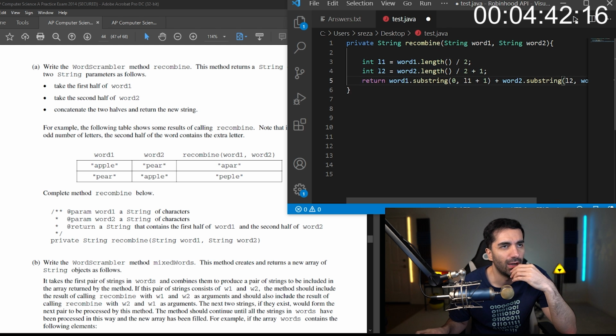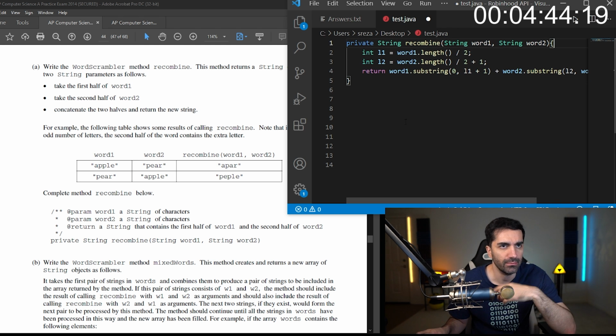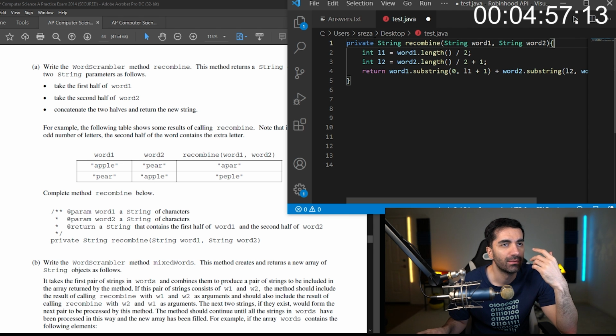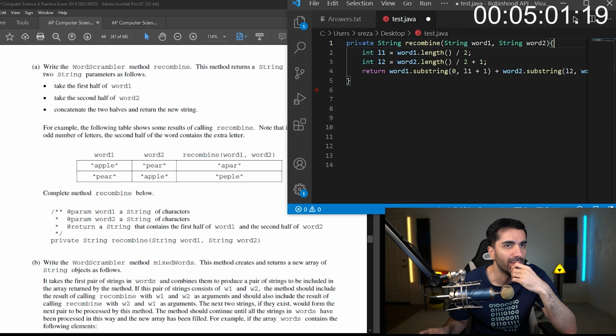Now I do want to check for off-by-1 errors. So let's run these two here. We have apple. So word1.length divided by 2 would be 5 divided by 2, so L1 would be 2 here. The substring of that would be 0 to 3, so we get 0, 1, and more. We wouldn't want that, right?